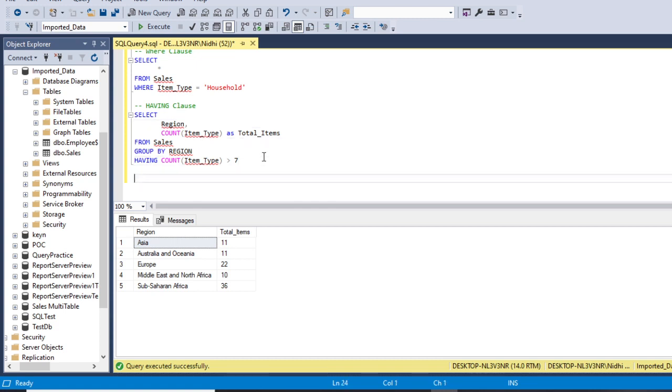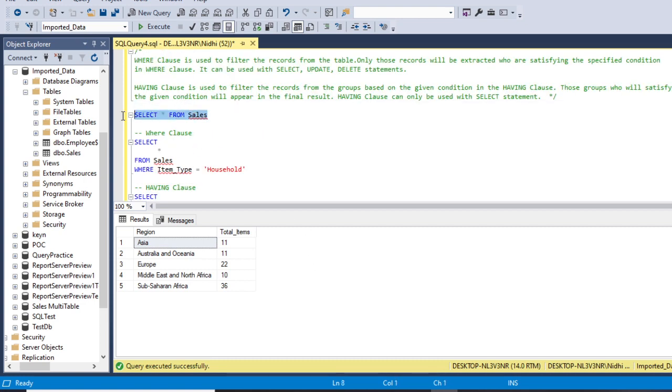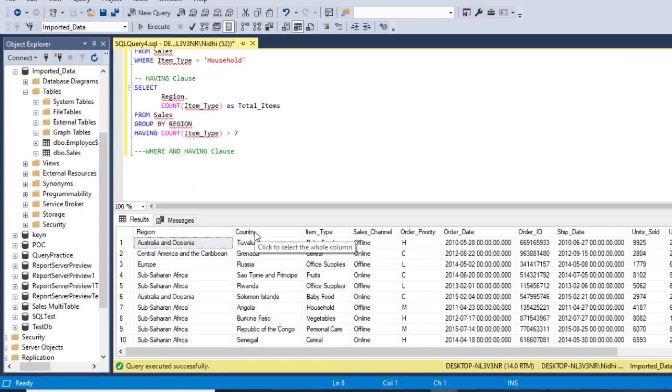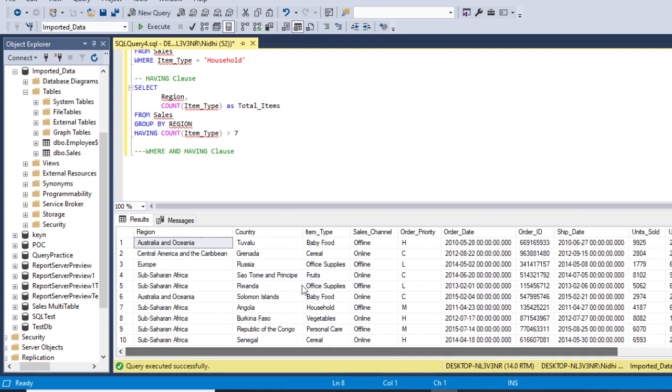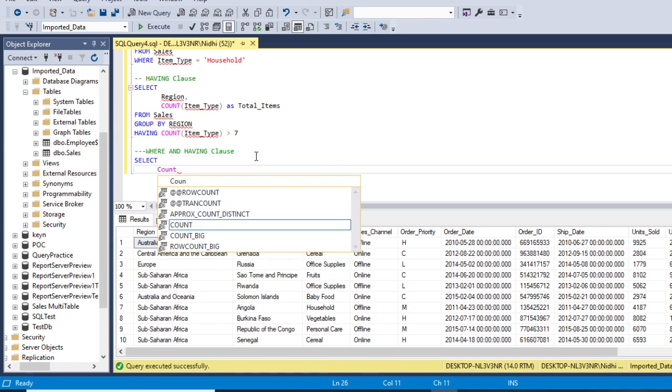Now our third example is when we need to use both where and having clause. So, where and having clause. Let's query our whole data first. Suppose here we want total profit by each country where our region equals Europe. So first we will write the select command, and we need total profit by country.